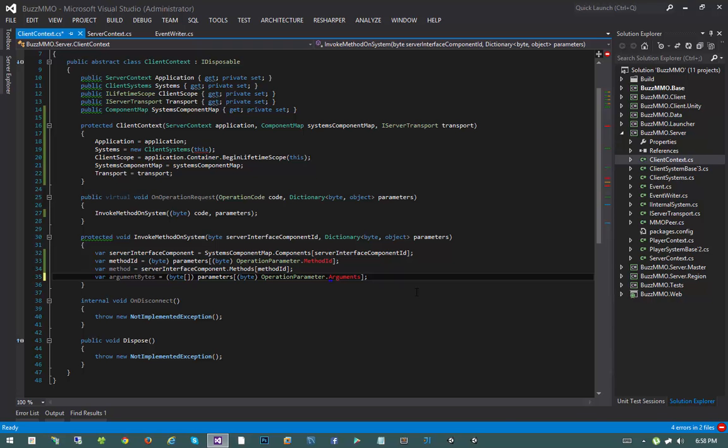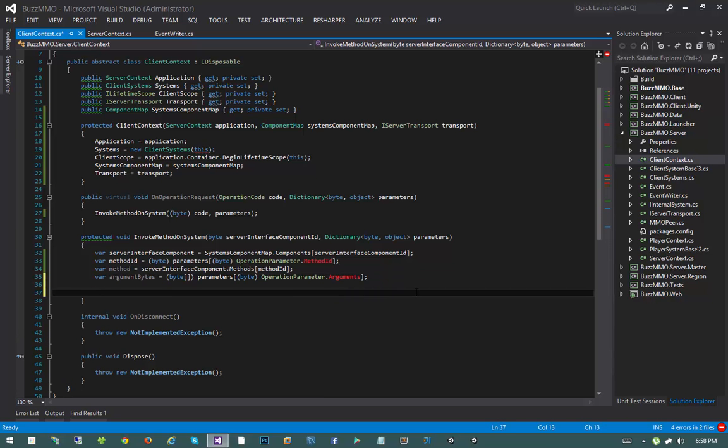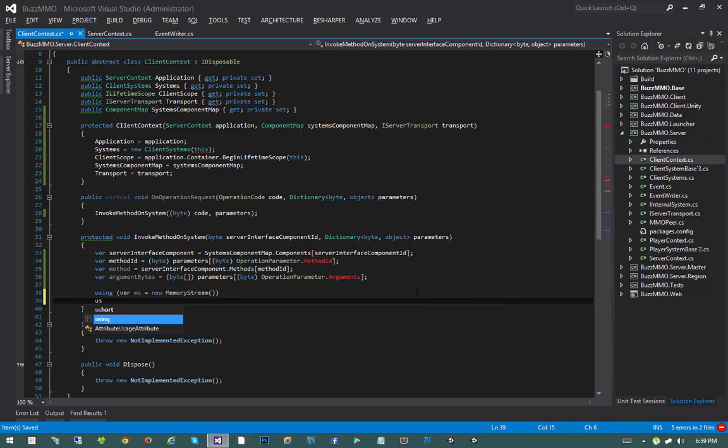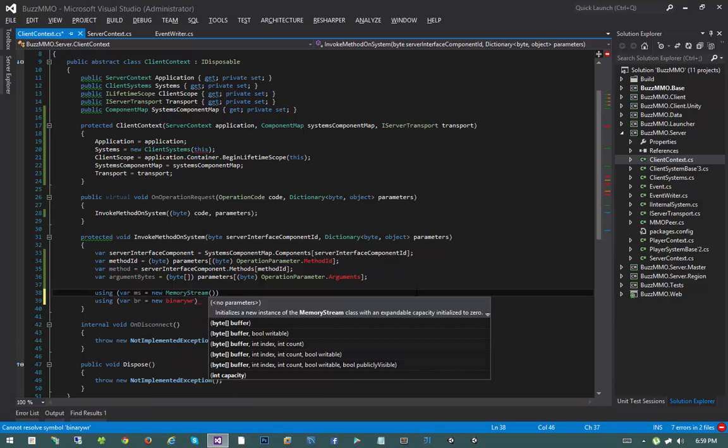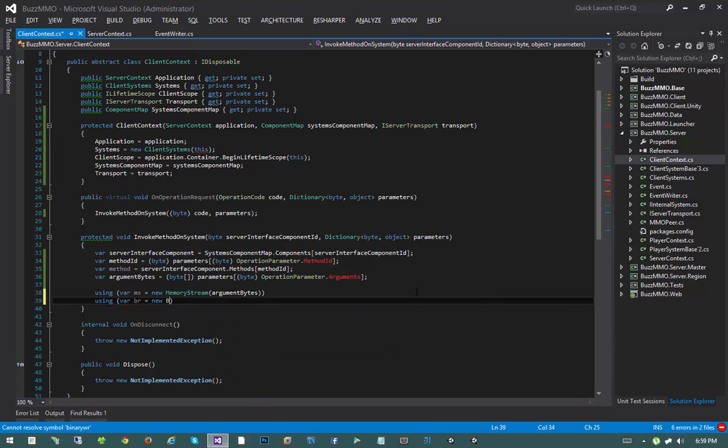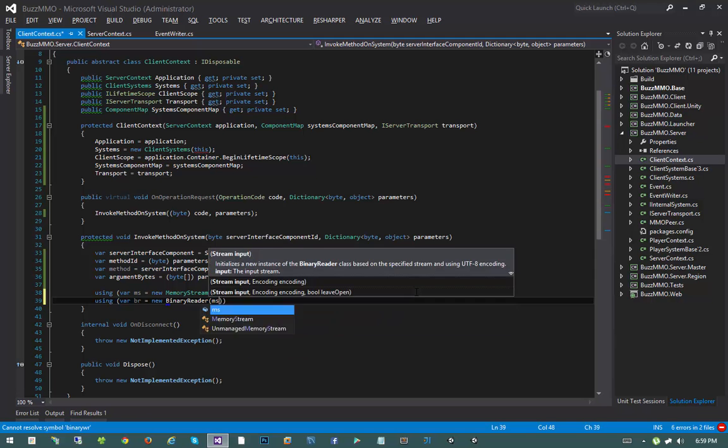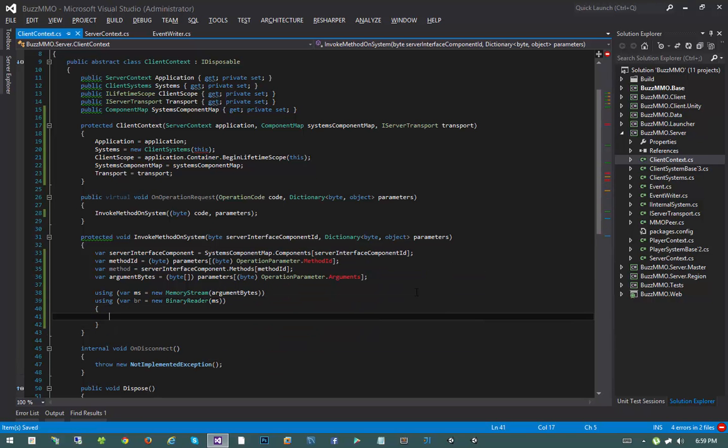So that'll get the serialized byte array out of it. Now we need to actually get our arguments. So I'm going to say var arguments equals application.serializer.read arguments. And I need to pass in a binary reader, don't I? So we need to say using var ms equals new memory stream, passing in argument bytes, of course. And then we need to do a binary reader passing in the memory stream, and then we can extract our